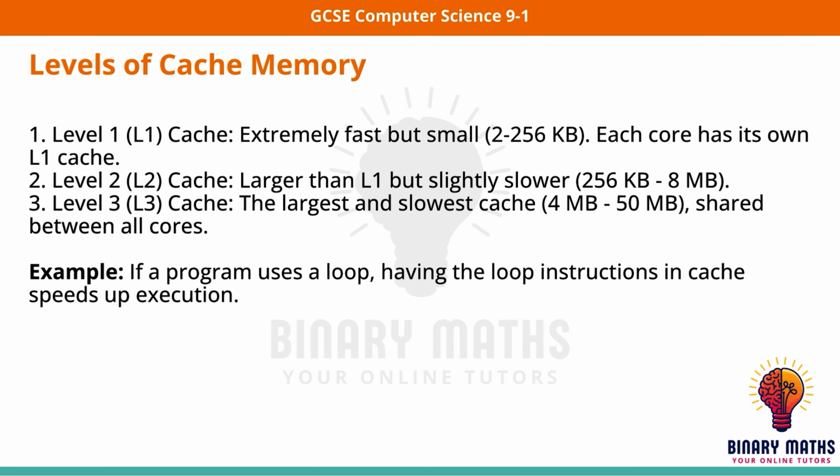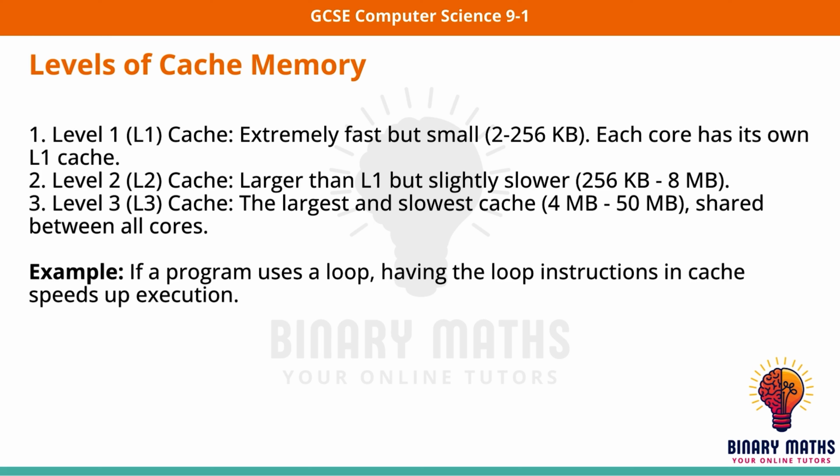There are different levels of cache memory. Level 1 cache is extremely fast but small, usually between 2 and 256 kilobytes. Each core has its own level 1 cache. Level 2 cache is larger but slightly slower, typically between 256 kilobytes to 8 megabytes. Level 3 cache is the largest and slowest cache, usually 4 megabytes to 50 megabytes, and is shared between all